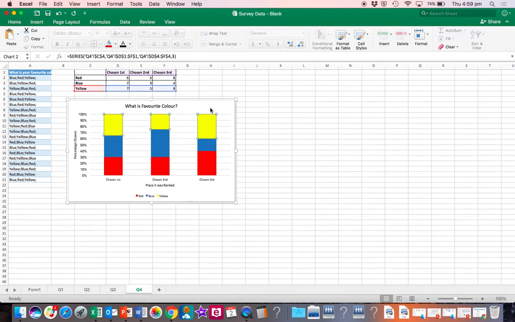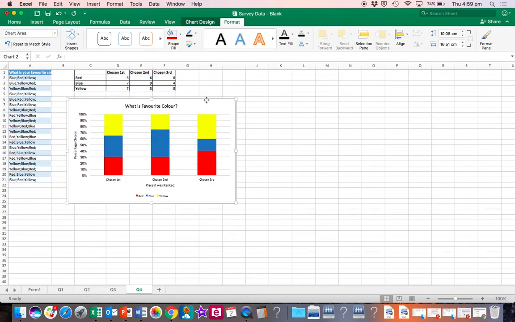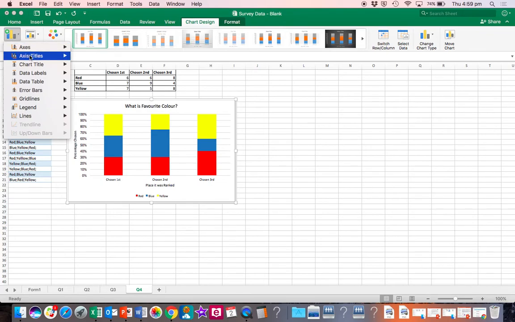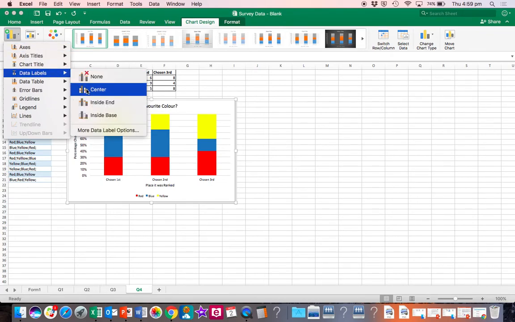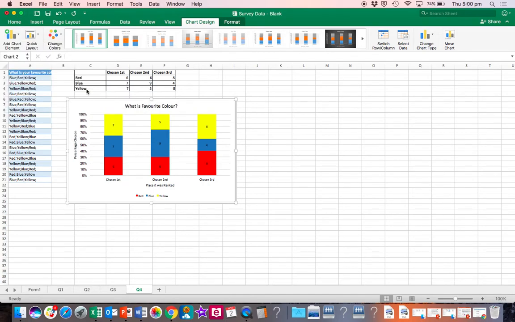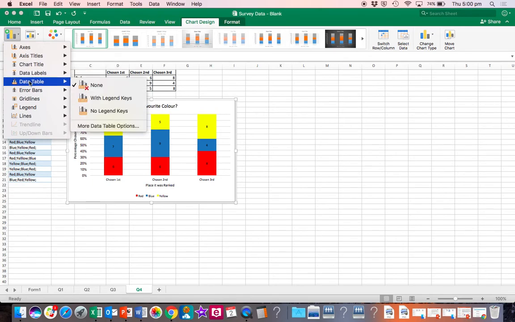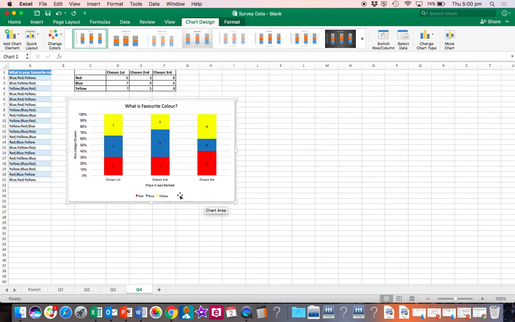Okay, and my next thing is to decide if I want any kind of labels or anything on my graph, and that might be nice. So I might want to play around with that for a little bit. Data labels, maybe I do want them on the center and the inside. Okay, that would give me how many exactly that represents, because sometimes when we're looking at percentage and we're not sure about the total, then that's really hard for us to decipher how many each represents. Yep, and I think that's what we're going to go with right now because we've got a key and that